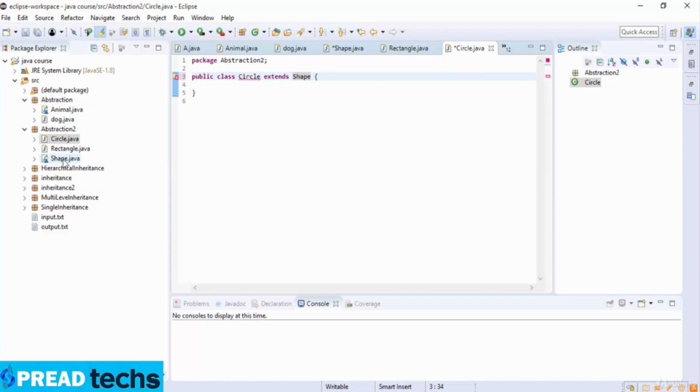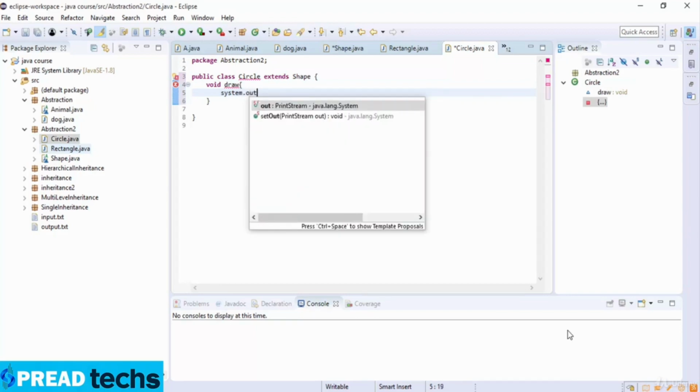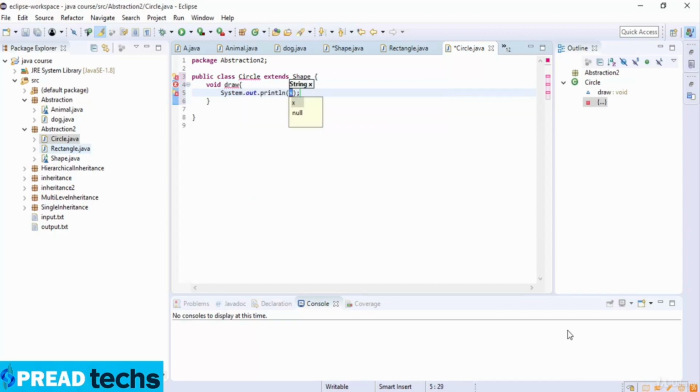So this shape is a parent class, and circle inherits from the shape class. So now here void draw, and then system dot out dot println, drawing circle. Okay,